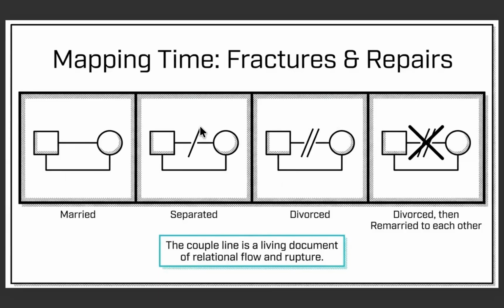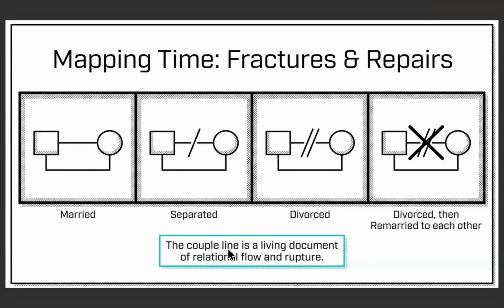This is when they get separated. You put a line like this that shows that they're separated, but they're not divorced. Two lines is divorced, then remarried again to each other, you put the X over it. Now, believe it or not, this is an interesting statistic. This right-hand one, where people divorce and then remarry the same person again, happens 12% of the time in couples. That's an amazingly huge number, I think. So I'll let you know why that's a thing in the genogram, because it happens that people remarry each other.